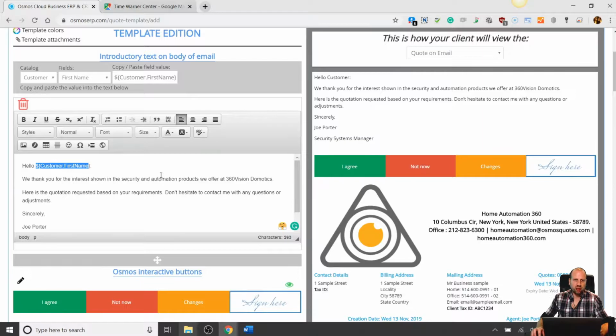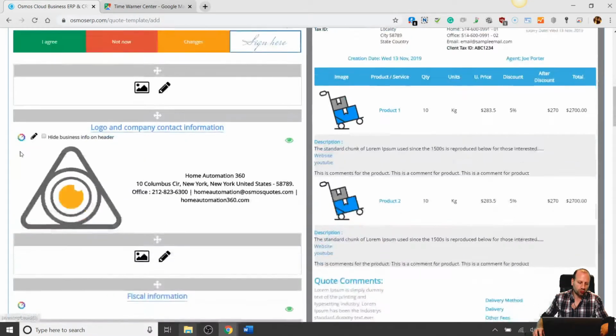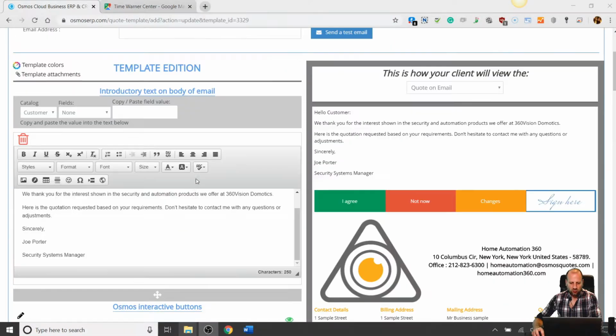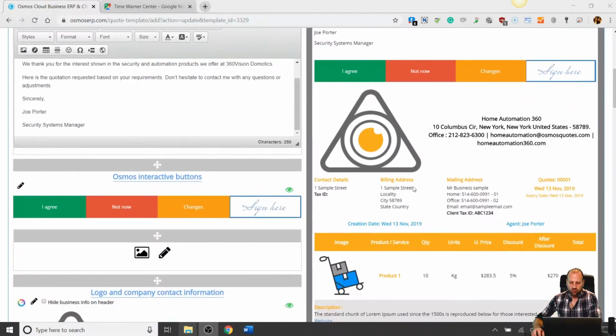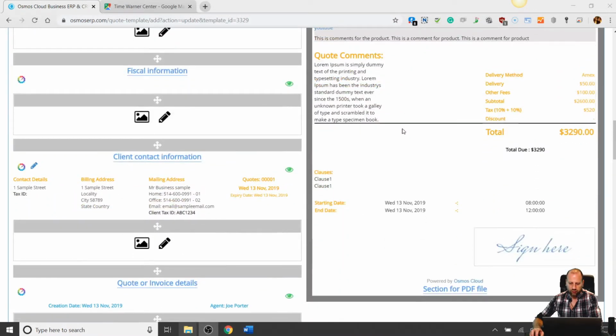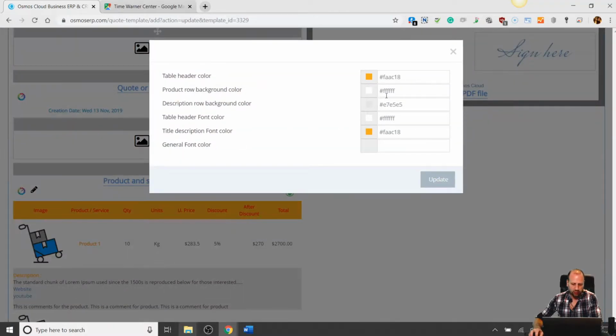Now I'll customize the colors of my template based on my logo. To do that, you have to use these icons and click on them. When you click on them, you will be able to change the colors of each of the sections. So I'll go ahead and do that. So I have customized the colors of my template. As you can see, I use the yellow for my logo. And so basically what I did is I go here and I have set up the colors for each of